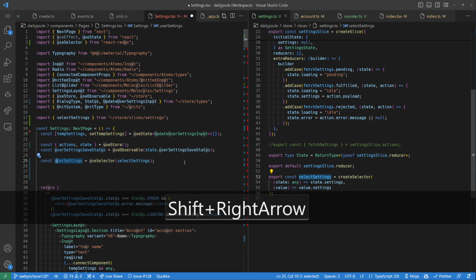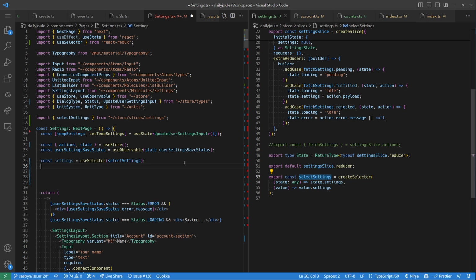I guess we'll just call this settings as well. It's loading equals